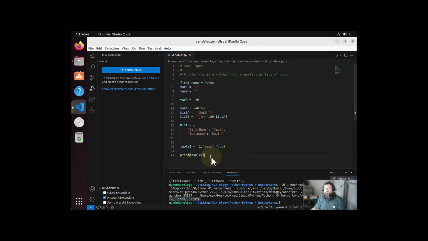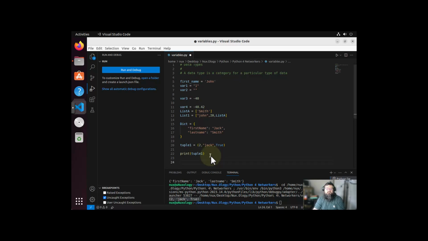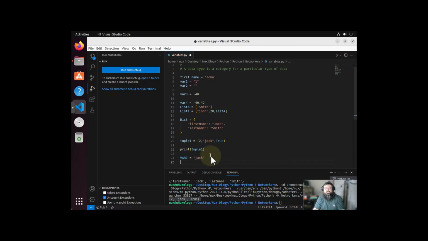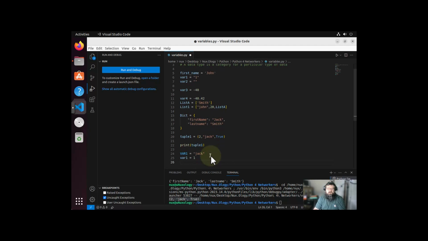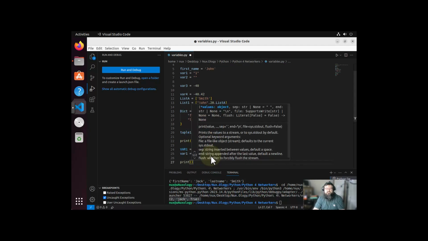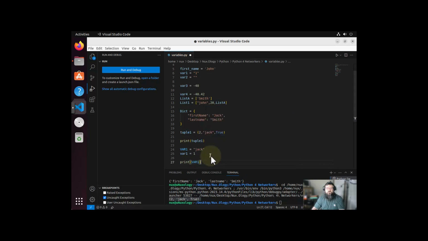One thing that needs to be mentioned when working with variables is that within Python, they are case sensitive. So if we were to define VAR1 in uppercase and give it a string data type, and then do var1 all lowercase and give it a number, these two variables are different. And we can see by, let's do print, we'll do uppercase VAR1, and then we can do print var1 all lowercase,